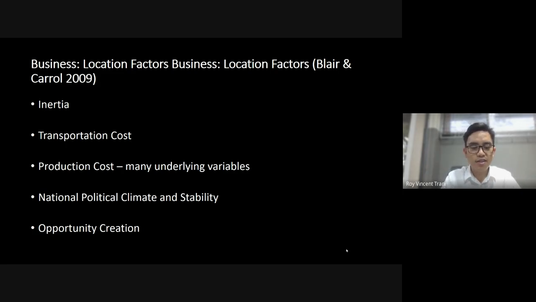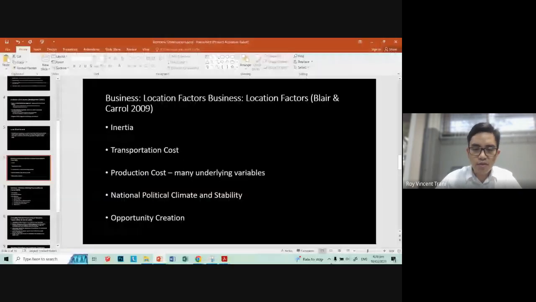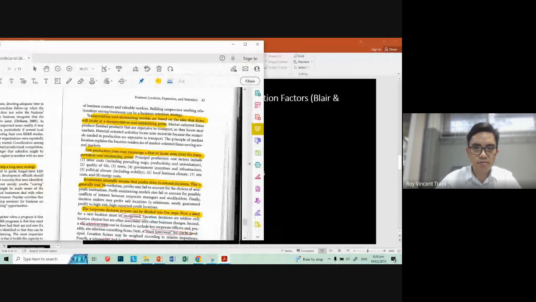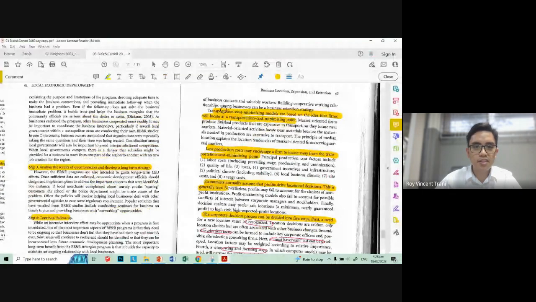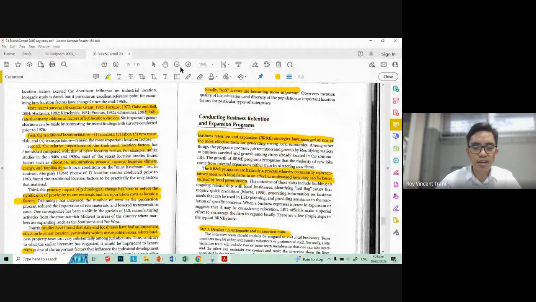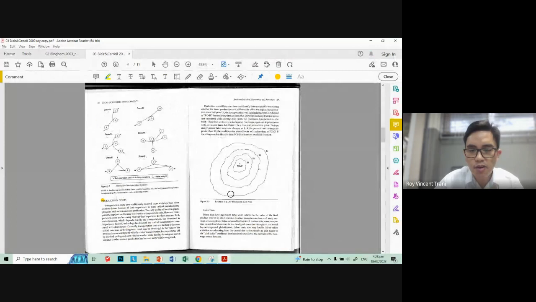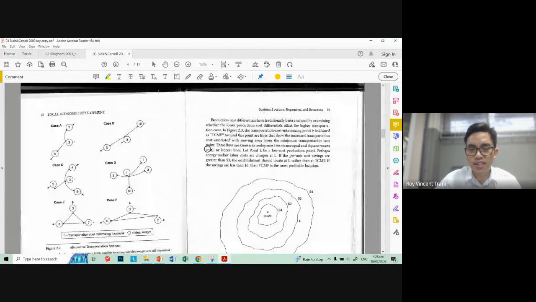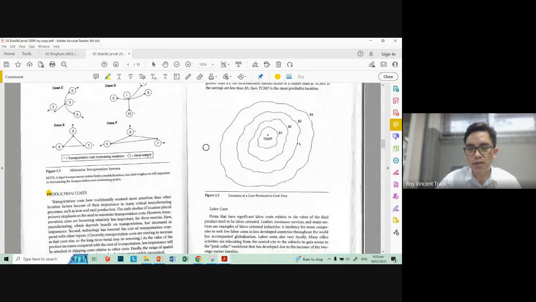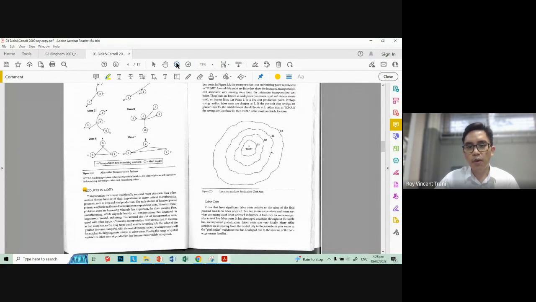But there are several factors: the skill of the labor, the quality of life. I'll just go through what's written down here in the book and, based on my experience, explain what I think is being mentioned here. So let's see here. Labor costs. How much do you need to pay people? Usually rates are higher in highly urbanized cities. For example, wages in Manila, if I remember correctly, are higher than they are in Cebu.